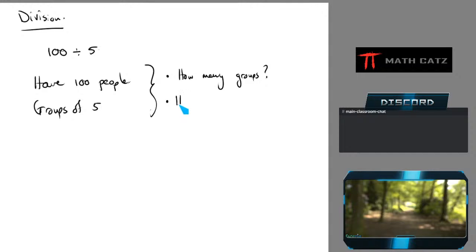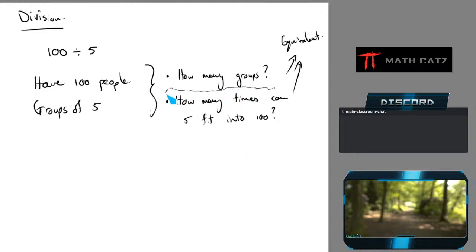I can say, how many times can 5 fit into 100? I have these groups of 5. How many times will I be able to fit a group into the 100? That's exactly the same. Or not, I guess in words they're not the same, but they are equivalent in concept and in the resulting calculation. Okay. Now for fractions, I find that the second one is just a touch better on the intuitive level